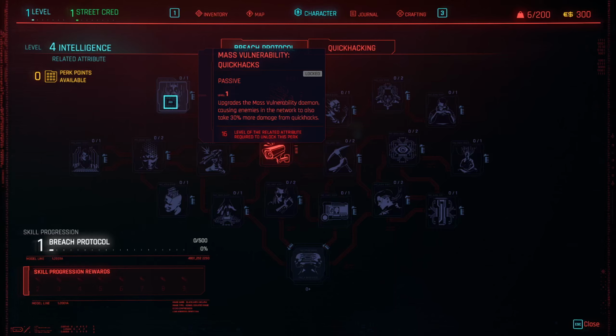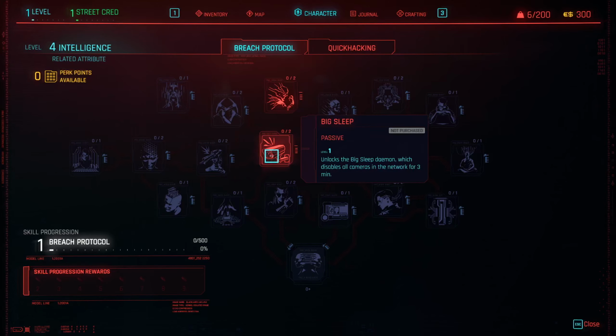Okay, so if you want to play it right, you want to deal as much damage as you can. Therefore, you also want to make anyone vulnerable in the network. Unlocks the Big Sleep Demon, which disables all cameras in the network for 3 minutes. That's nice. But